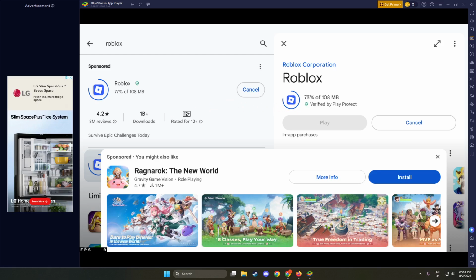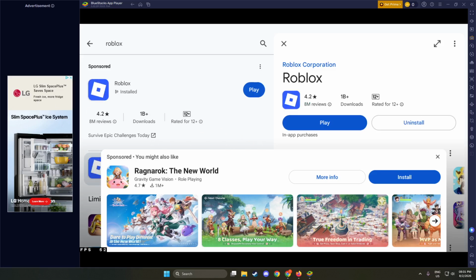At this point, log into your Roblox account. Click the Login button, then enter your username or email and your password carefully. If you see a Remember Me option, only use it on your own computer. When you click Login, Roblox loads your home page with your avatar, friend list, and recommended experiences, confirming the login worked. Finally, choose a game and click Play.